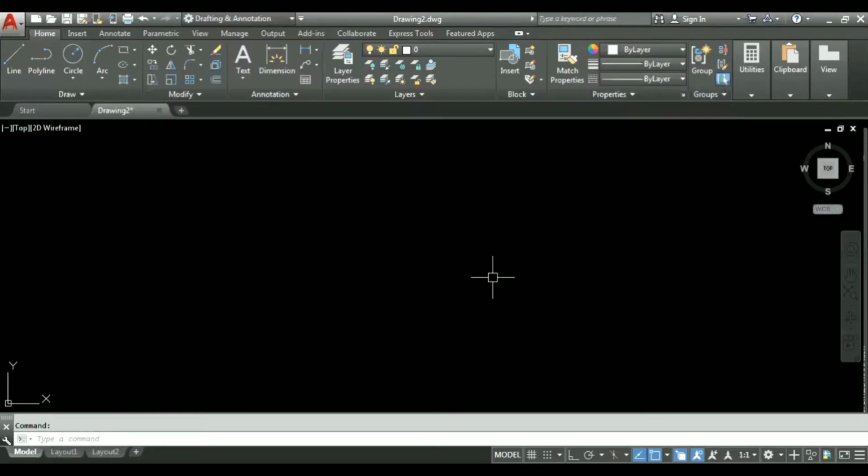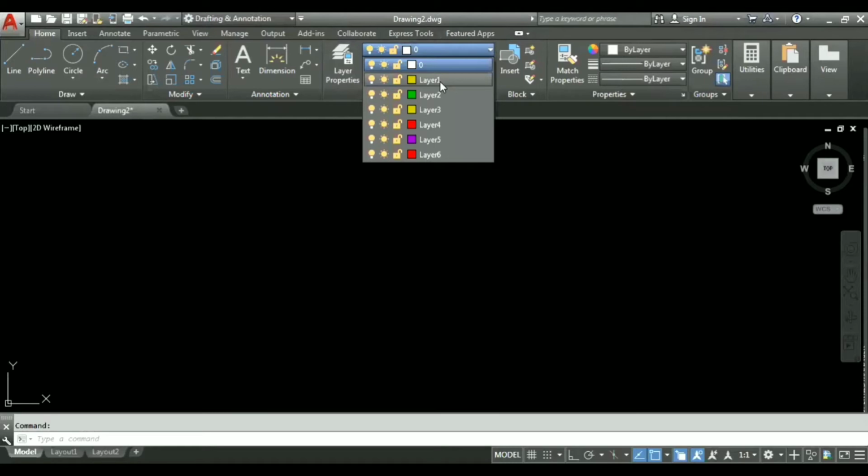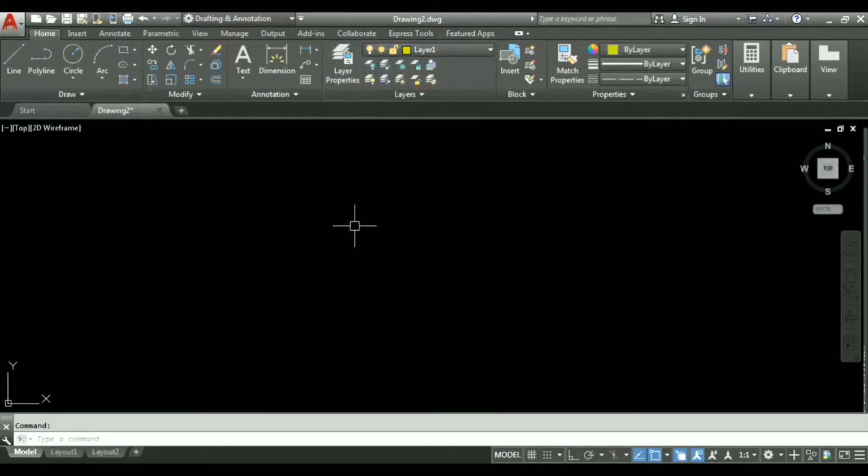I am closing this. As you can see in here, currently Layer number 0 is on, which is the default layer. So if I want to make any layer active, what I have to do is click on this drop down, select that particular layer, and just draw an object. For example, I am making a rectangle over here.